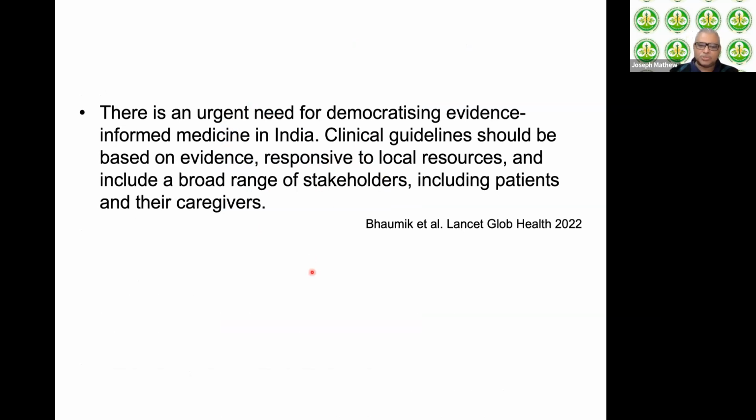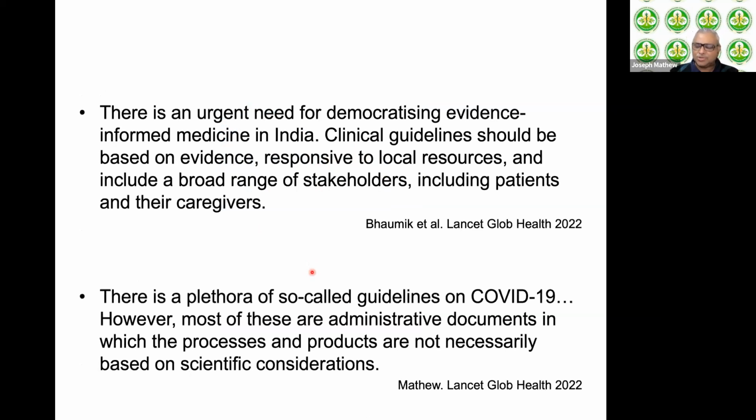Now, in response to that, I submitted to the journal that actually there is a plethora of guidelines in countries like ours, but the problem is that they're not scientific guidelines. They're not designed to address questions which should be answered scientifically. These are so-called administrative guidelines which policymakers and leadership released at the time of a confusing situation. And then these gained the sanctimony of being some kind of guideline, which could be used both in the clinical as well as in the public health sectors.